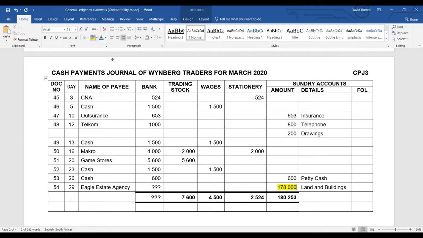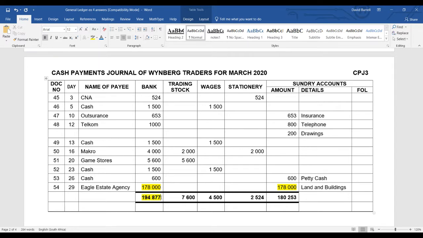Okay, so if that's 178,000, then that figure over there is going to have to be 178,000 as well, because it goes into the bank column and then it goes into one other, in this case, the sundry. So I'm just going to make that 178,000. And now it will be fairly easy to get this total of the bank column over here because I've now got all the amounts in the bank column. So it's a case of just adding up everything that's over there, and then I'll get the total that I need to put in here. And I've done that, so I'll just quickly put it in for you,